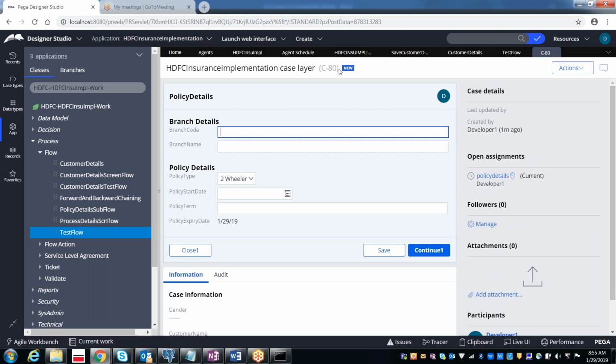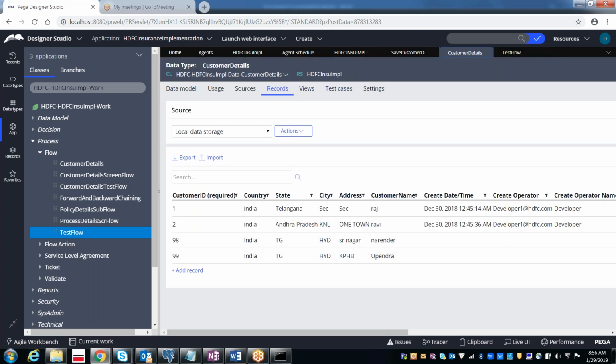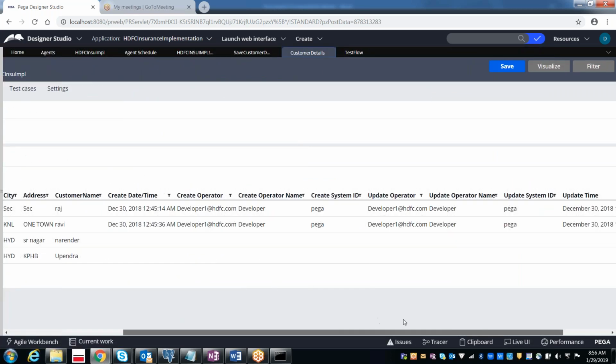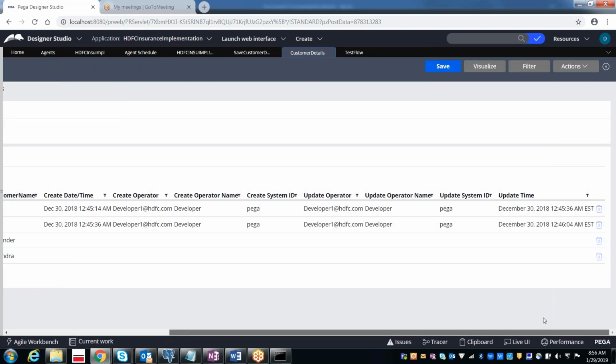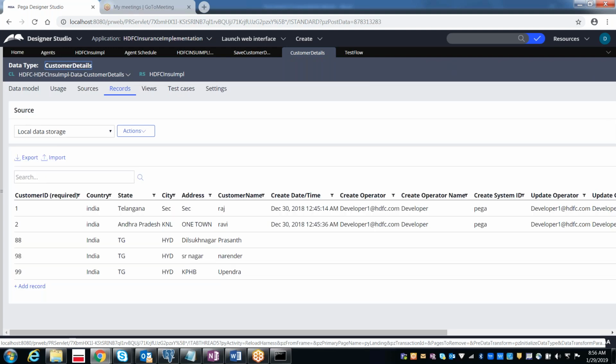So I created a work object with C80 by entering the customer details as 88 and something like Prashant. See, I got 88 India TG, Dilshuk Nagar Prashant here.